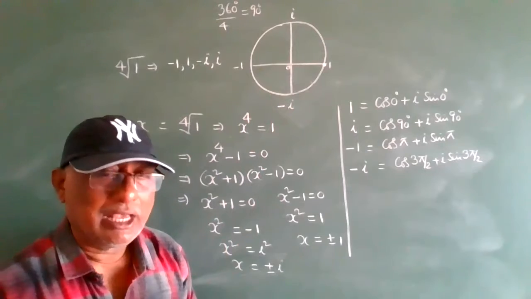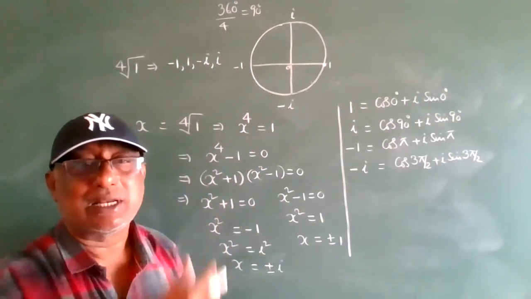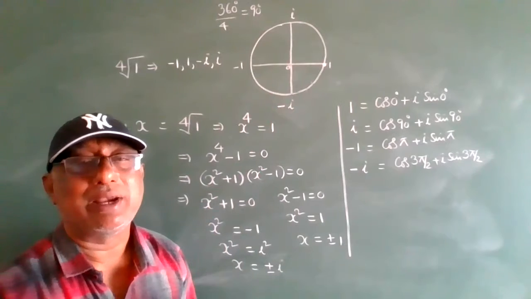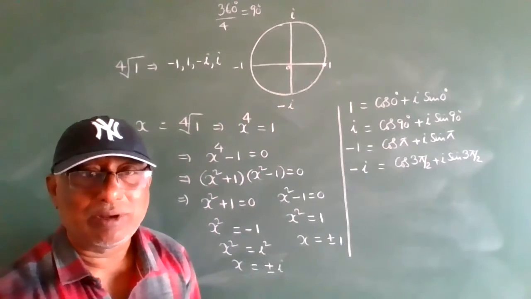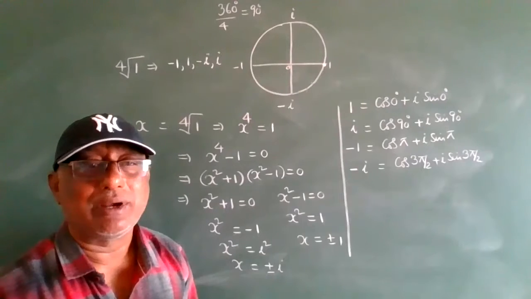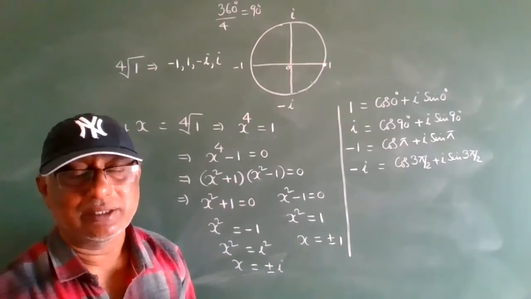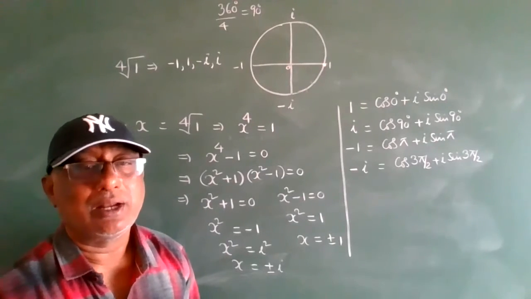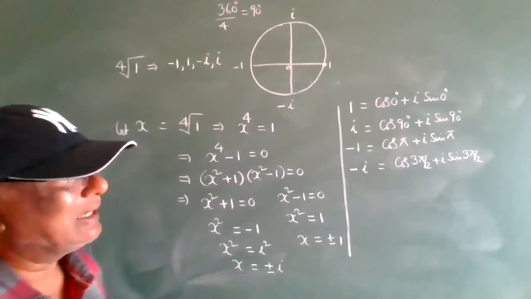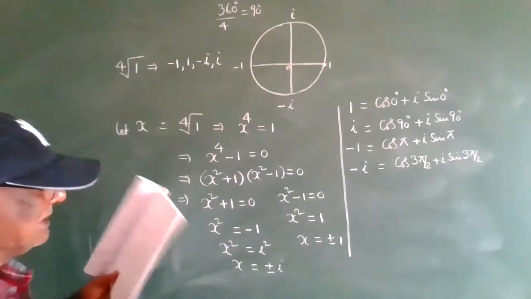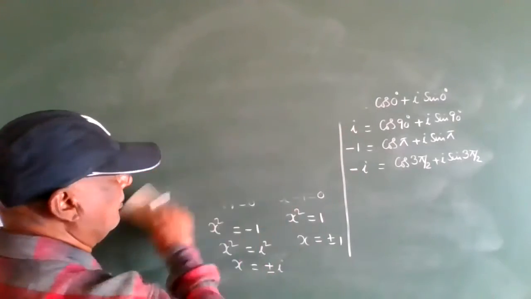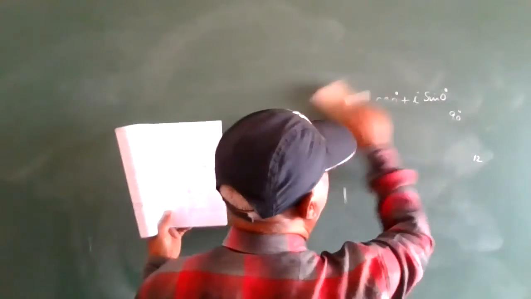Right. Eighth root of unity means the circle is divided into 8 parts. Each one will become 45 degrees. We can get 8 values. Not necessary, we can write the nth root of unity directly. Okay. Clear now, everyone? Right. I will go through some problems, and after that I will do the nth root of unity.